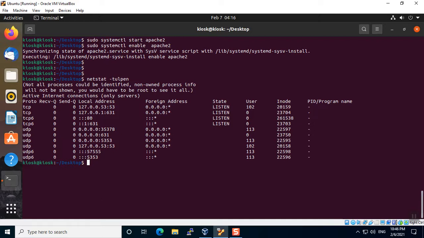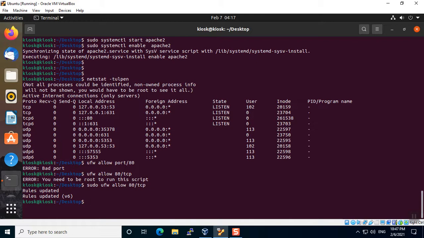So for that there is one command, ufw allow port.